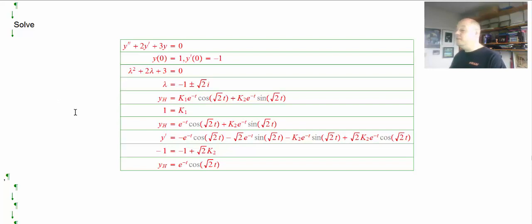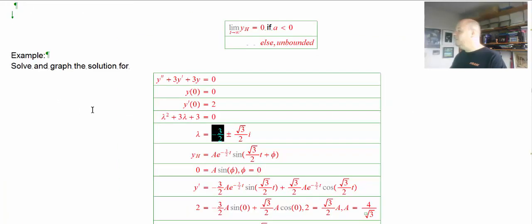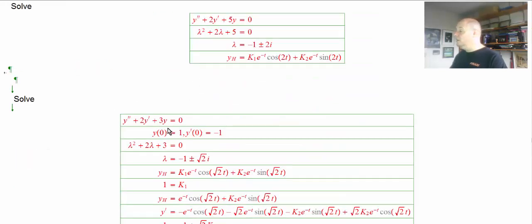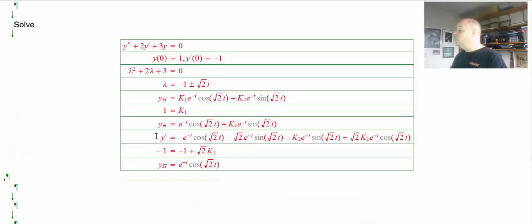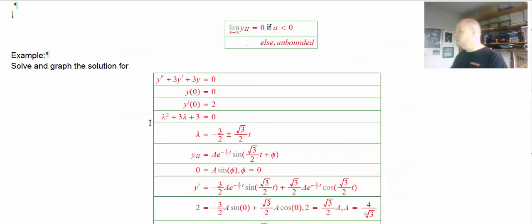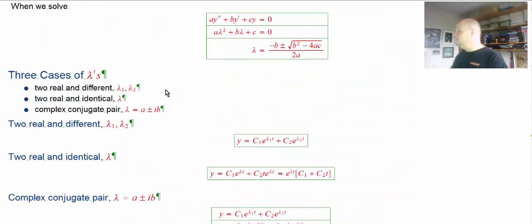But one of the things we noticed of our examples is all the coefficients, the a, the b, the c in our auxiliary equation, they were all positive. So let's take a minute to show that when the coefficients are positive, the eigenvalues always have negative real part. So let's go back up to here,